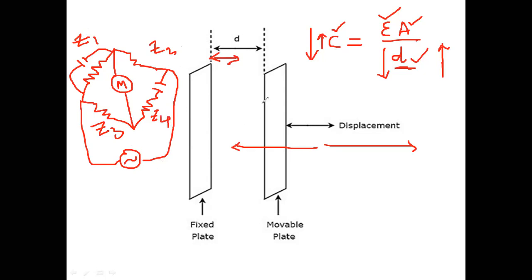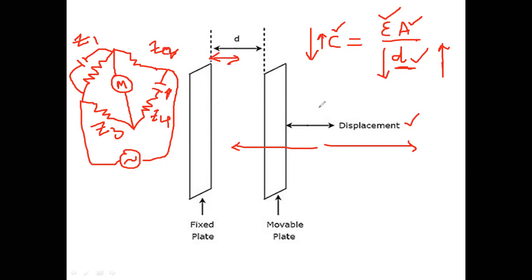So let us suppose this capacitor is the capacitor which I am using to measure displacement. So that bridge is not balanced. Previously, when I don't apply any displacement here, the bridge will be balanced. Therefore, output is 0. Why? Because Z1, Z4 equal to Z2, Z3. The balance condition is satisfied here previously.